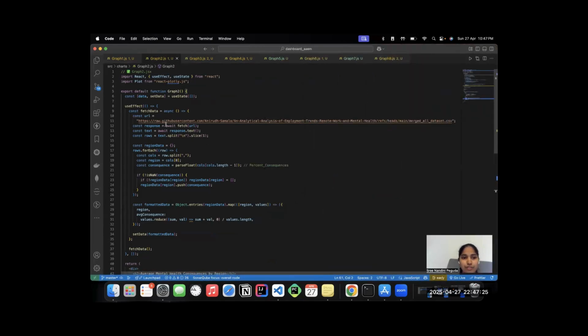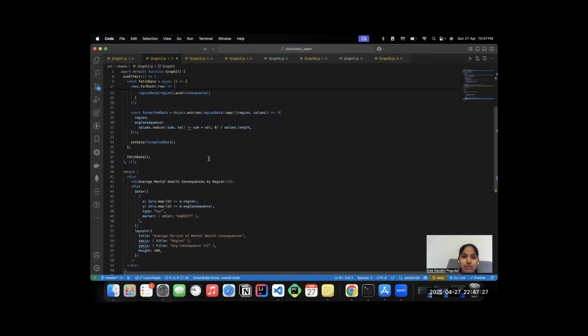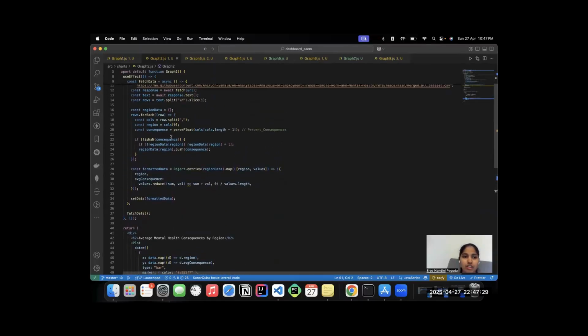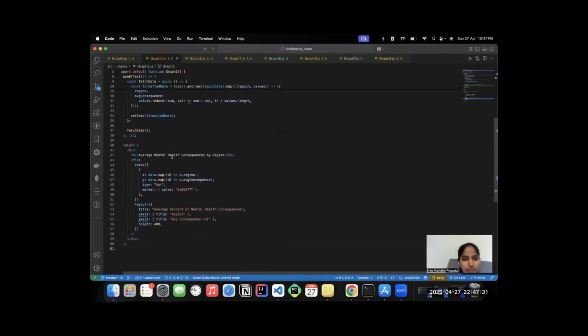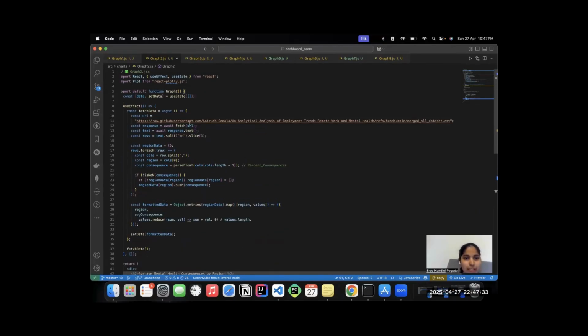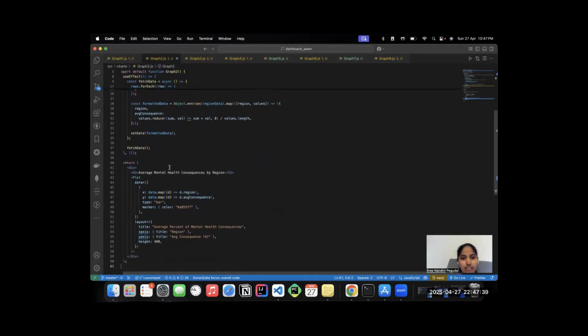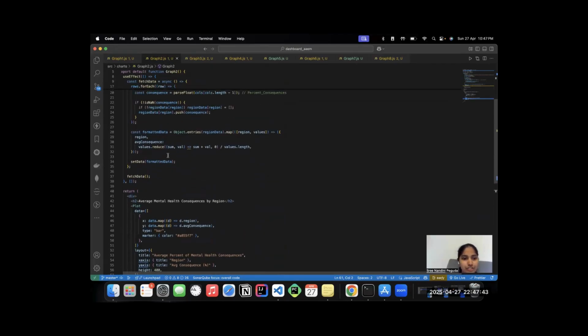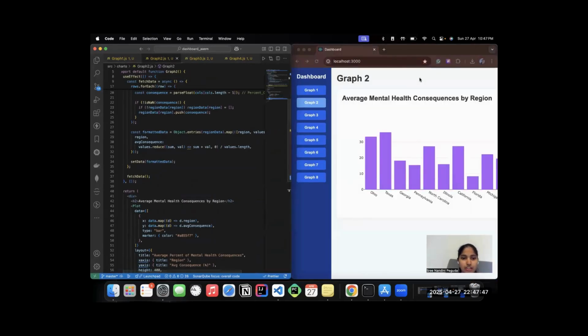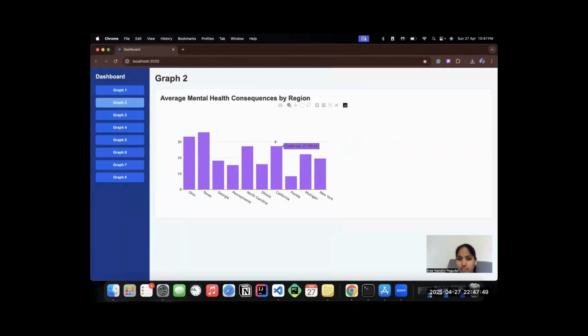Graph two represents average mental health consequences by region. So in the code, the data set was grouped by region and state. Then we calculated the average mental health consequences faced by employees in each region. We created a simple bar chart where the height shows the average consequence scores.